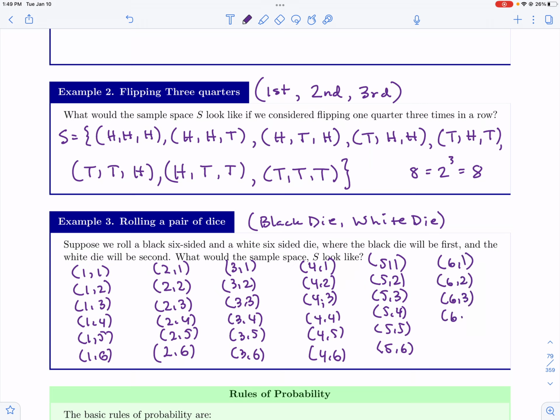So finally, after all this writing, we see that we've got 36 possible outcomes that can occur